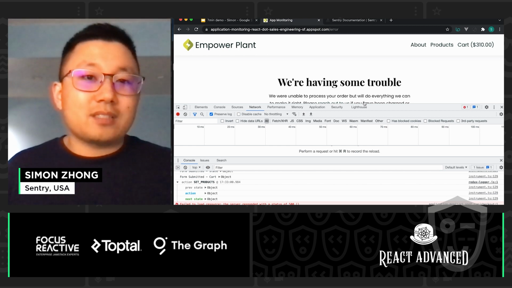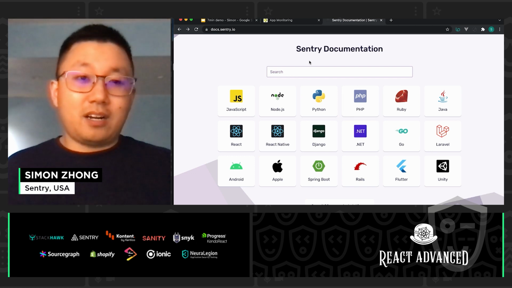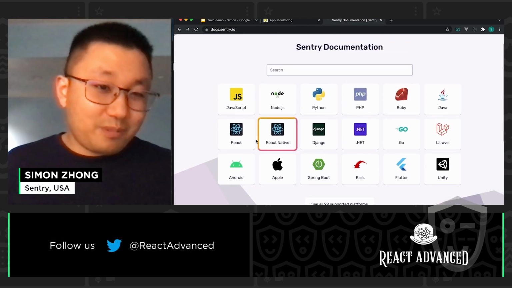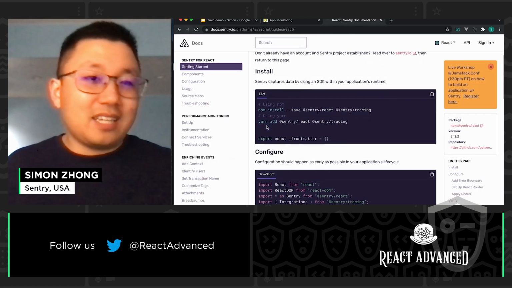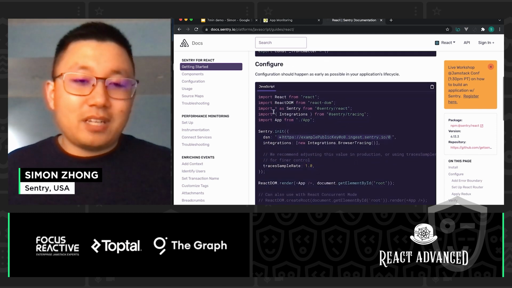And I'll show you how we got started. That's in the Sentry documentation page, docs.sentry.io, write it down. In any case, we've got all our supported platforms in this button here. Pride of place, we have React on the front page, so you don't have to go far. Click into that. It's an easy installation, npm install or yarn add, and a few lines of code to configure